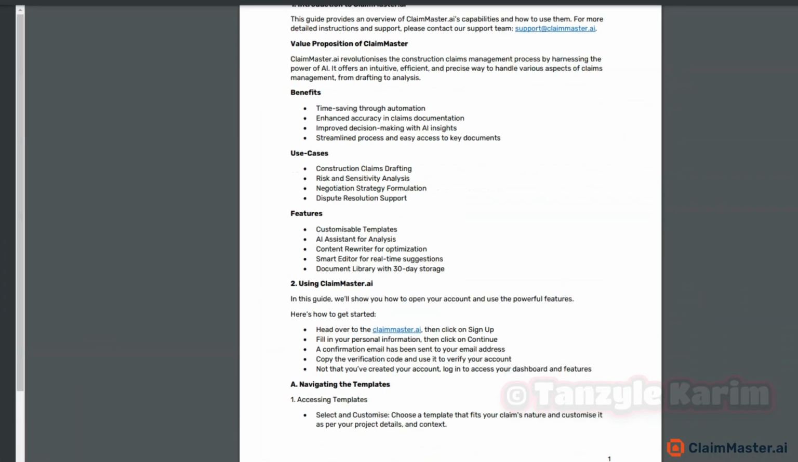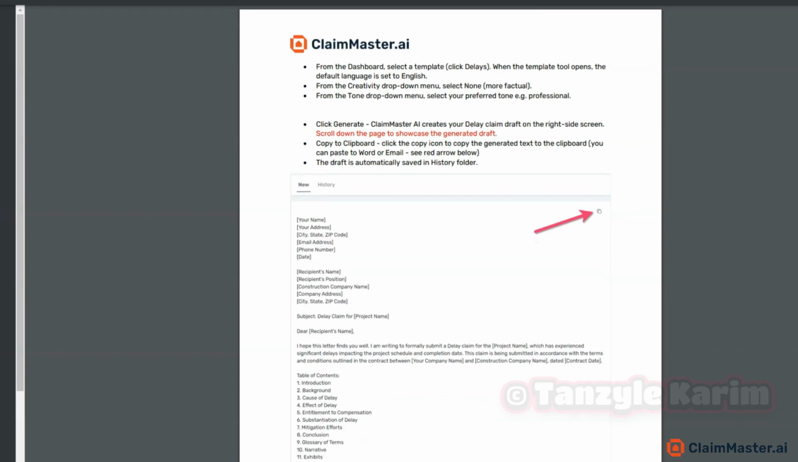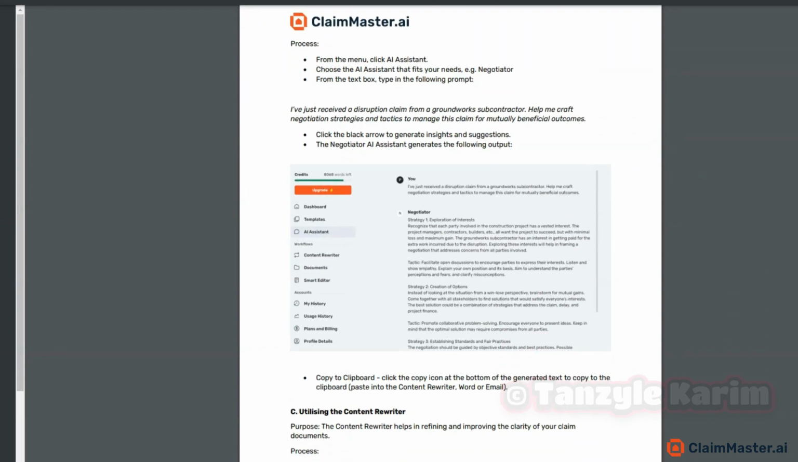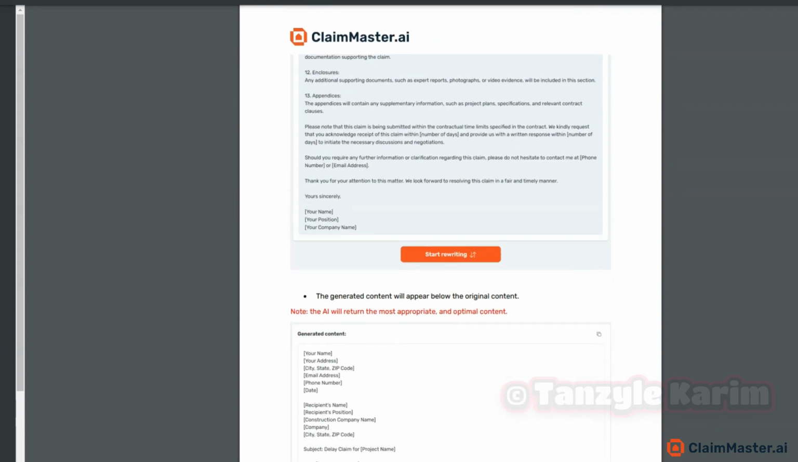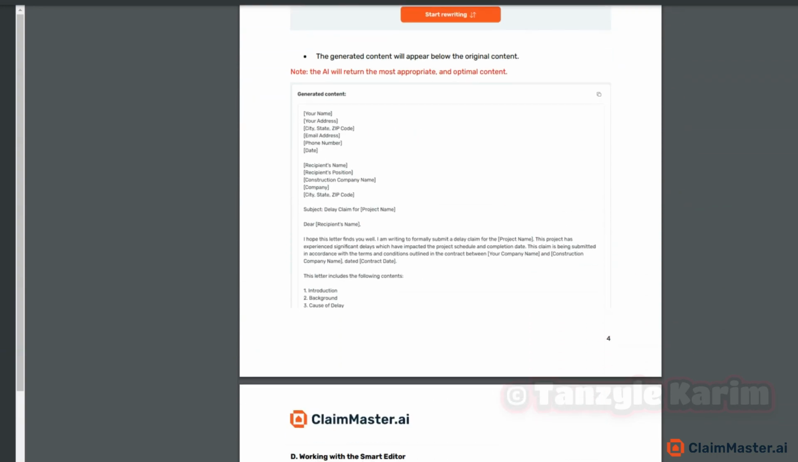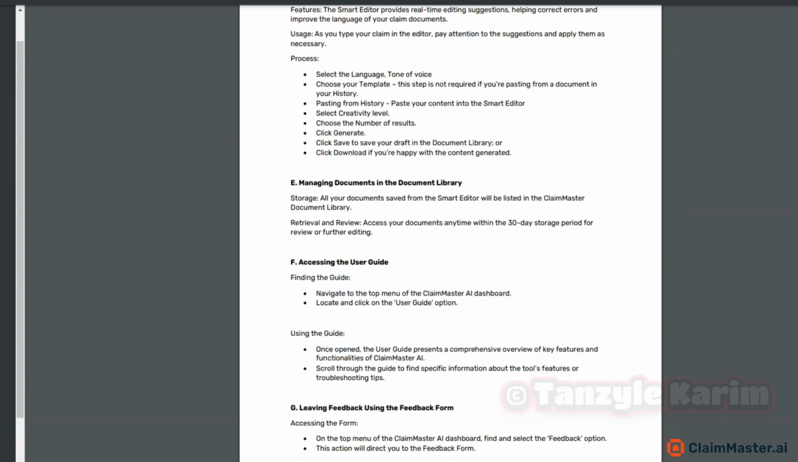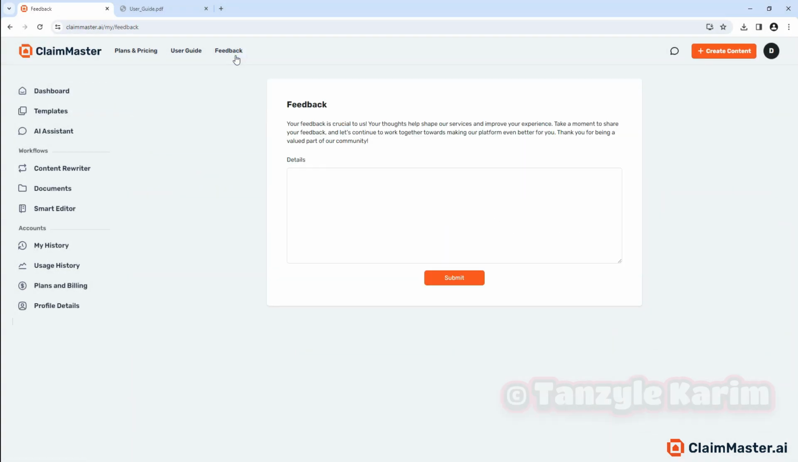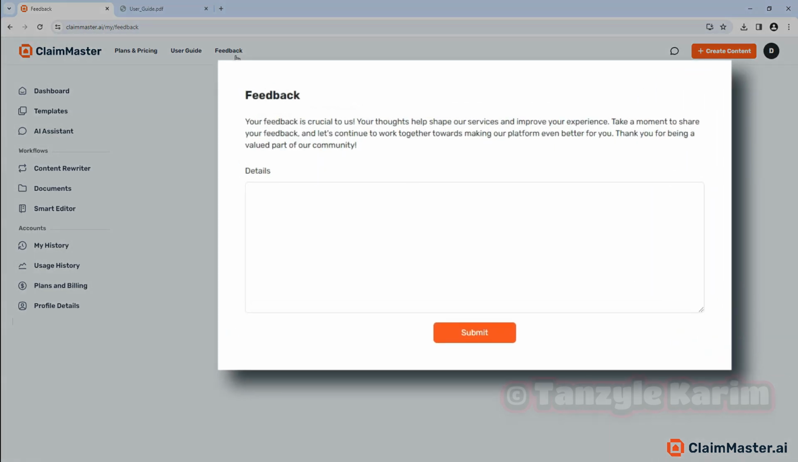functionalities of Claimmster.ai. The user guide presents a comprehensive overview of key features and functionalities of Claimmster.ai. Scroll through the guide to find specific information about the tool's features or troubleshooting tips. And finally, leave us feedback to help us always provide you with a better and faster experience. Fill out the form with your feedback, suggestions, or issues encountered to help us understand your experience and improve our